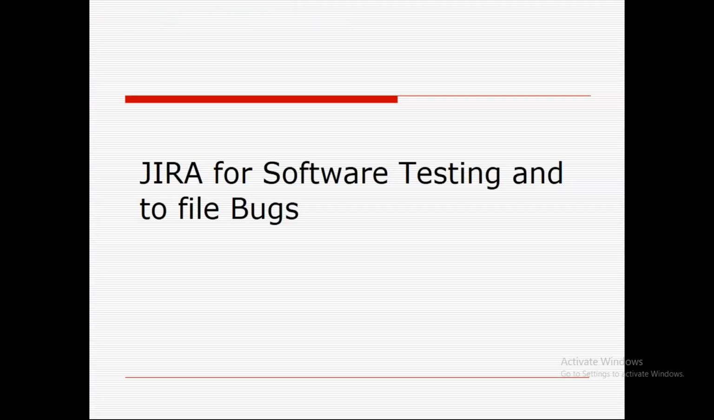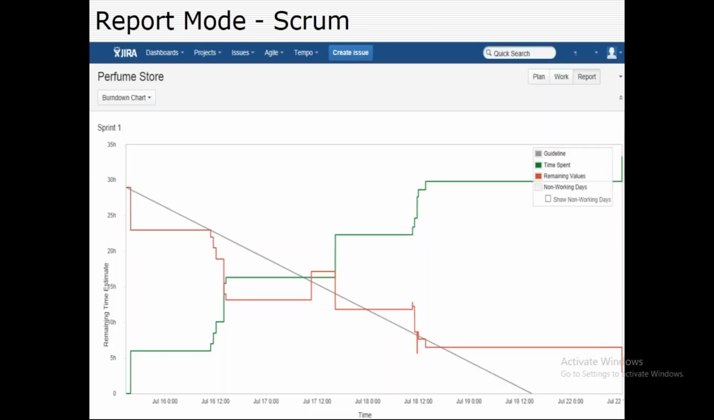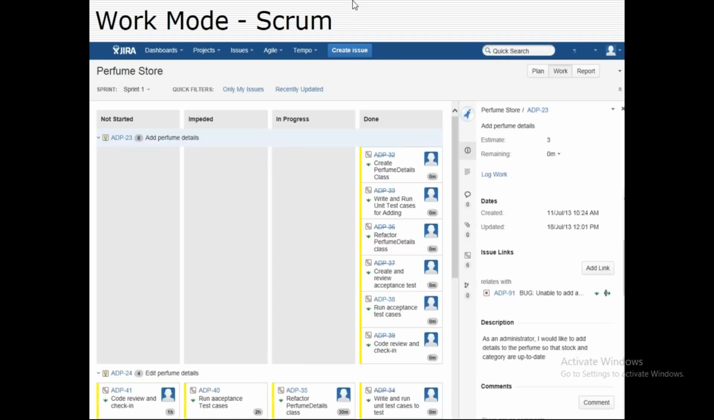Now, Jira for software testing and filing of bugs. Jira is used majorly for filing issues and making sure those issues are closed. To create an issue, there is a button to create the issue. The moment you click on create issue,